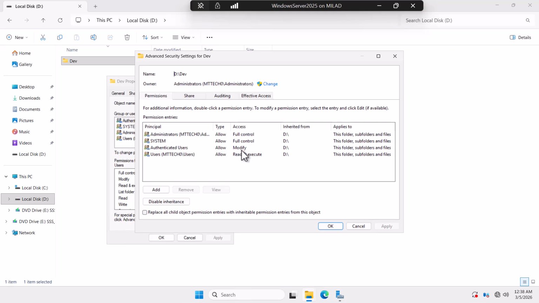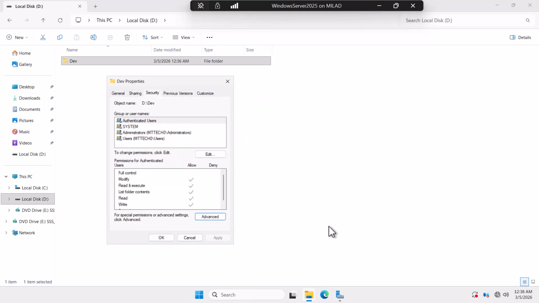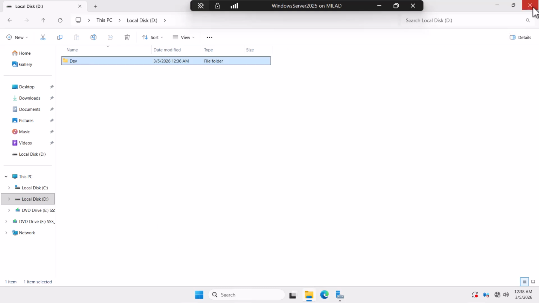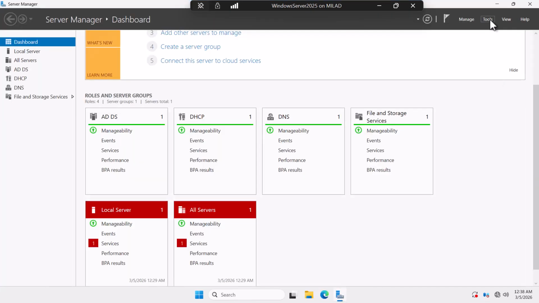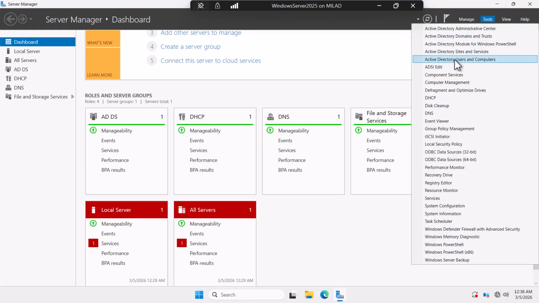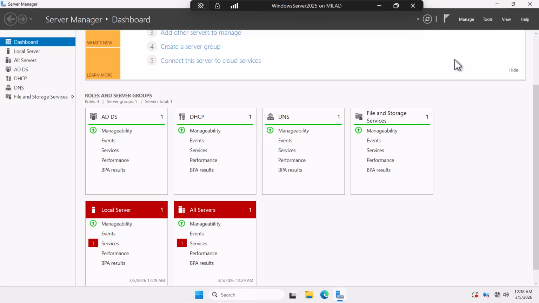So it means we will give them permission to delete files, their own files, not someone else's files, but only their own files. And everything seems okay, then okay, then okay. Then we go back to the Active Directory Users and Computers,